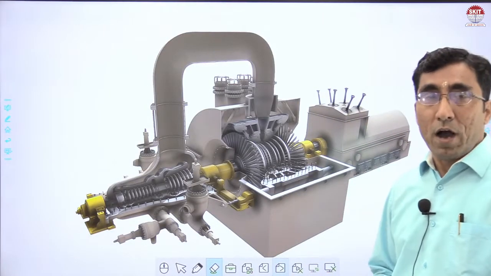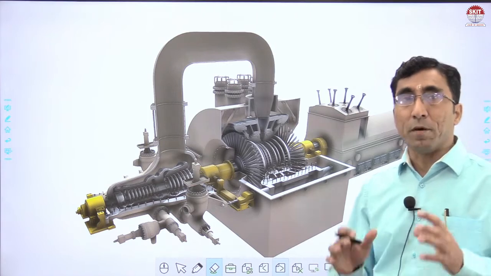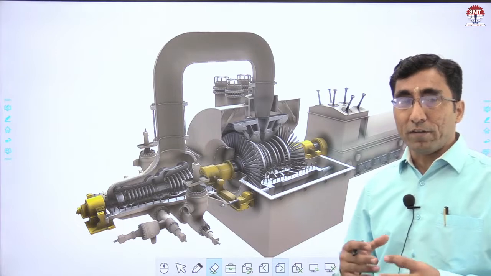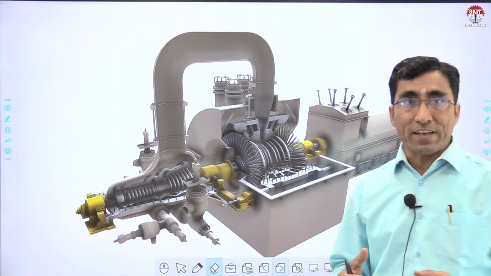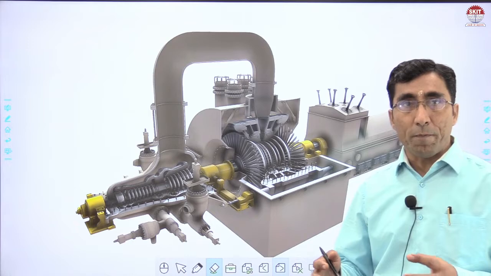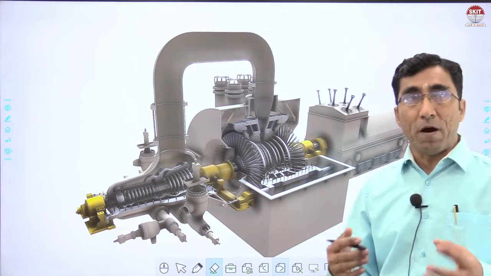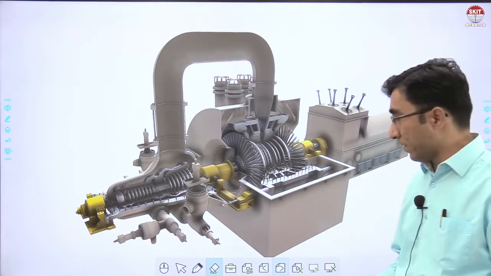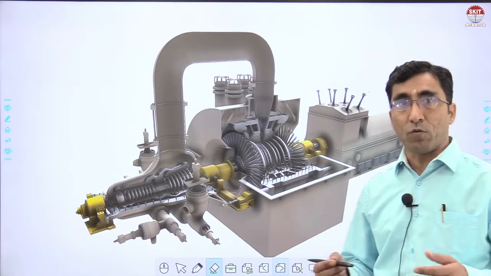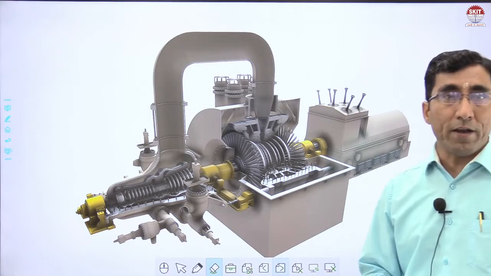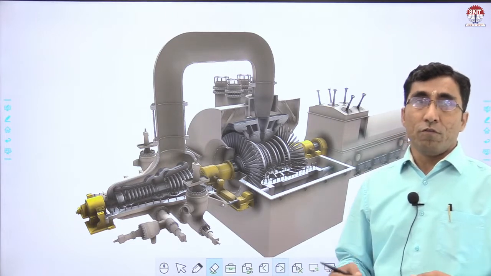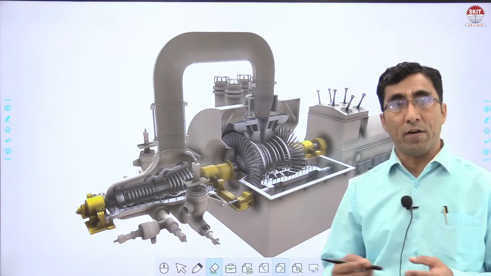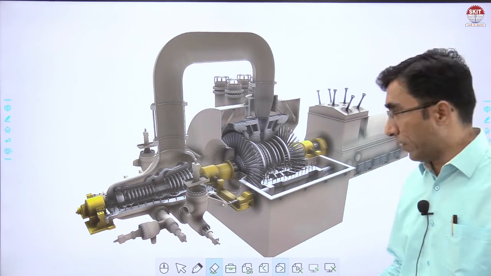Now, I am showing you some examples, some pictures, and you have to think how these pictures are related to our industrial life, our social life, the development of a country, the development of the world, the power generation and all that. So, this is the diagram of a turbine plant. There are two types of turbines, basically hydraulic turbine and gas turbine. We generally generate power with the help of the combustion of fuel or with the help of hydropower, with a machine that is called the turbine.